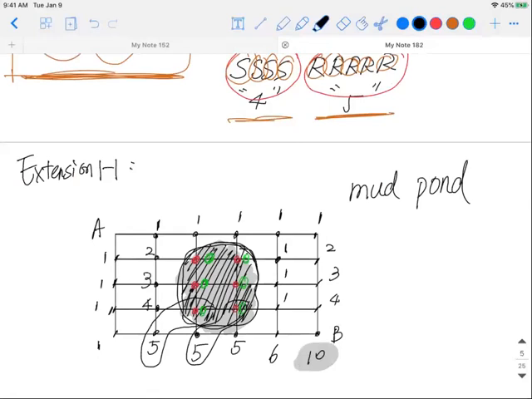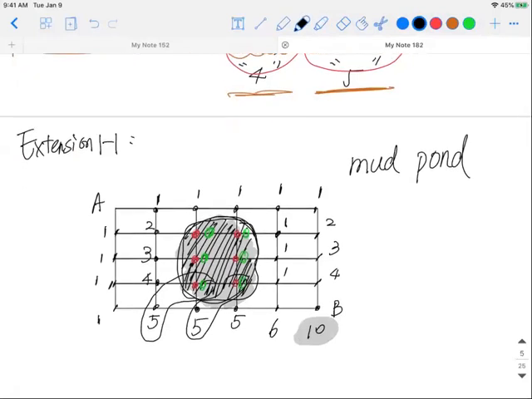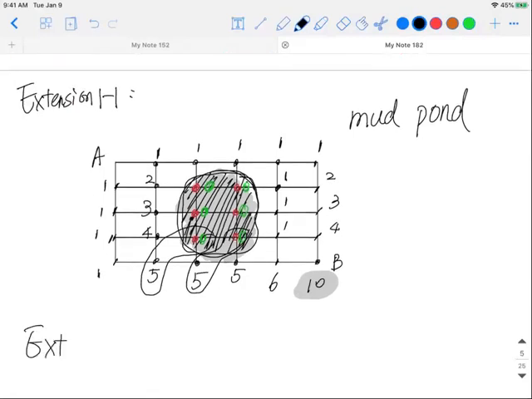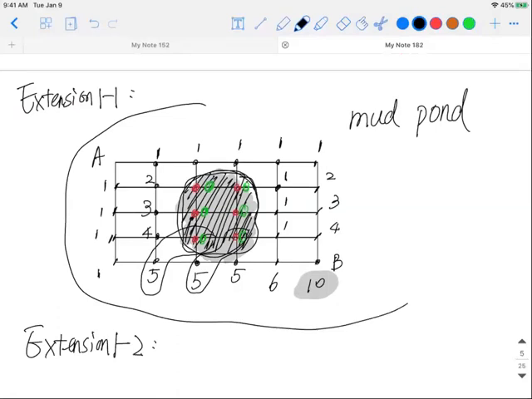Okay, if all good, let's go for another extension. Any question, please let me know. Let's go to another extension, 1-2. For now, I'm actually giving you a relatively smaller grid. Somebody has a question: how do you solve this question using solution 2, as in using combinations? Yeah, Victor has a very good question, and that's exactly what I'm going to tell you in the next step,